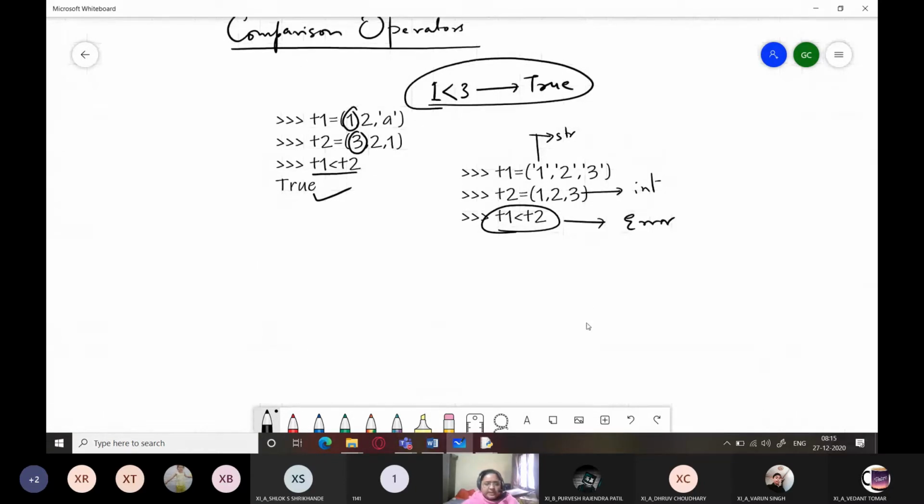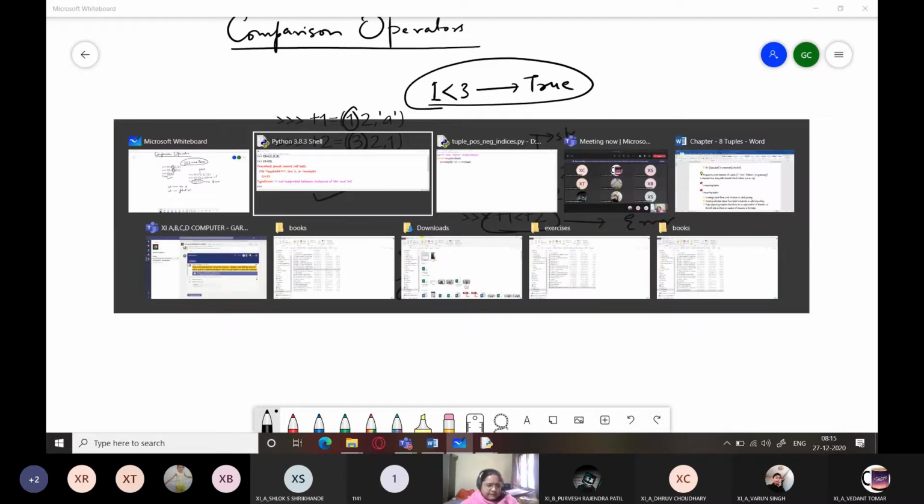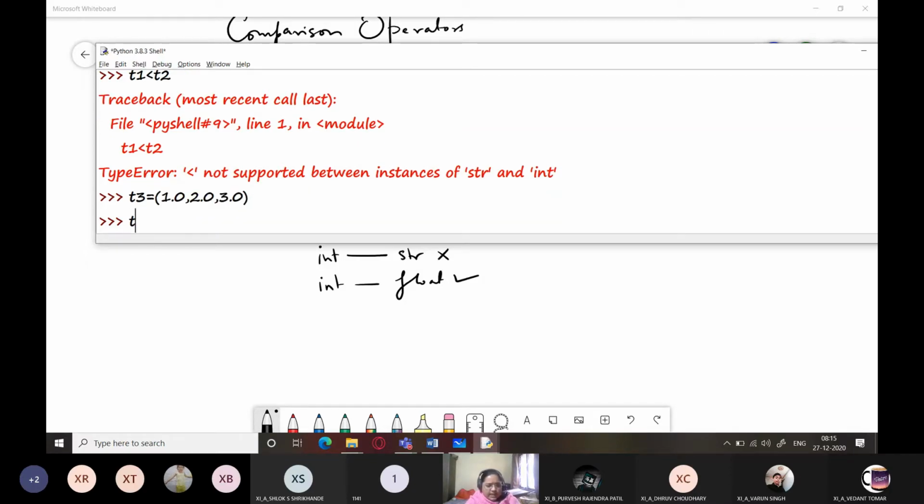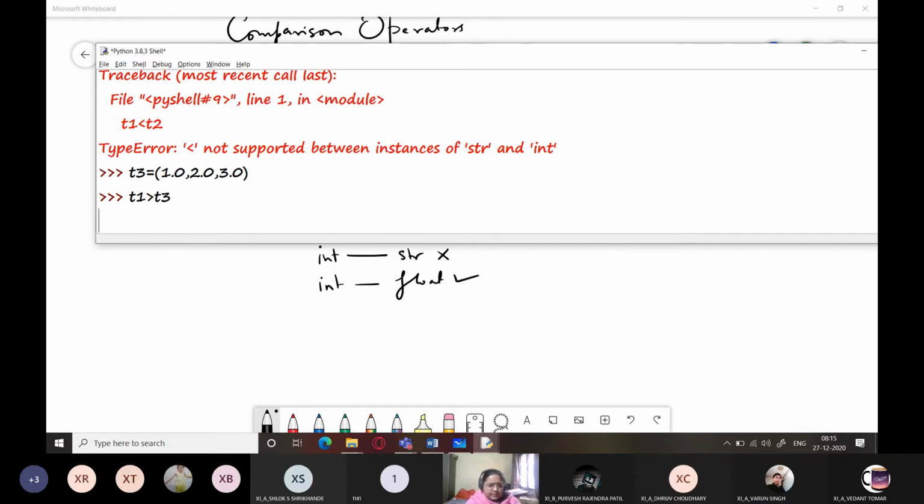Okay. But it will be supported between integer and float, it will work fine. If I take a tuple T3 which contains 1.0, 2.0, 3.0, okay, and I write here T2 less than or greater than T3.